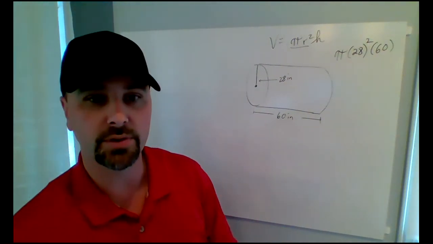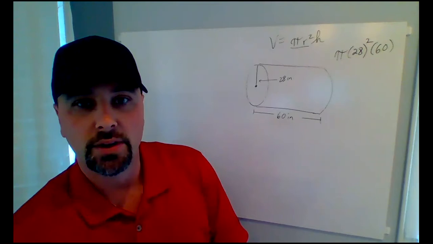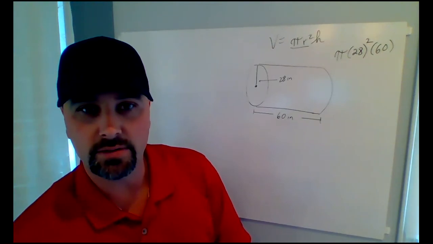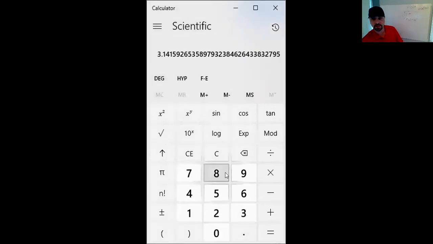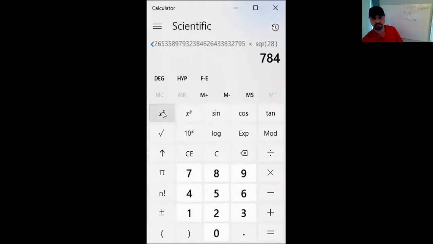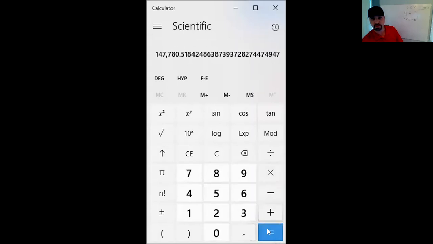Okay, so let's take a look at that. Go to my calculator. So pi, let me clear this first. Pi times the radius 28 squared times 60 equals